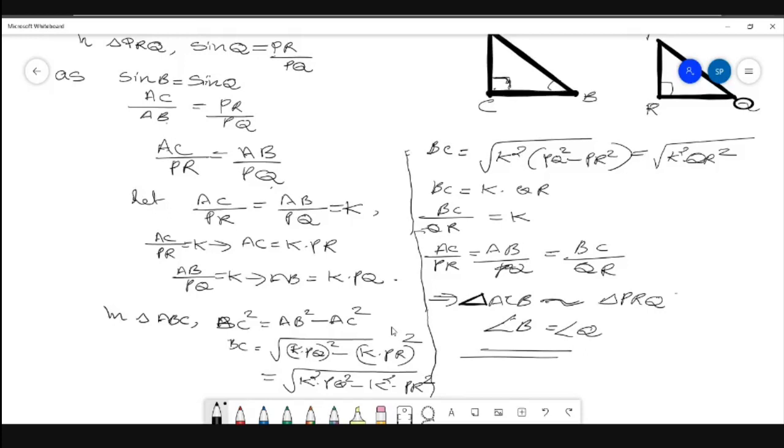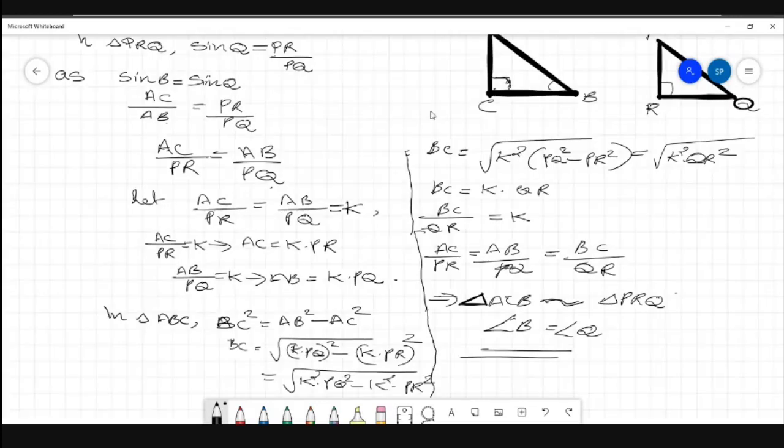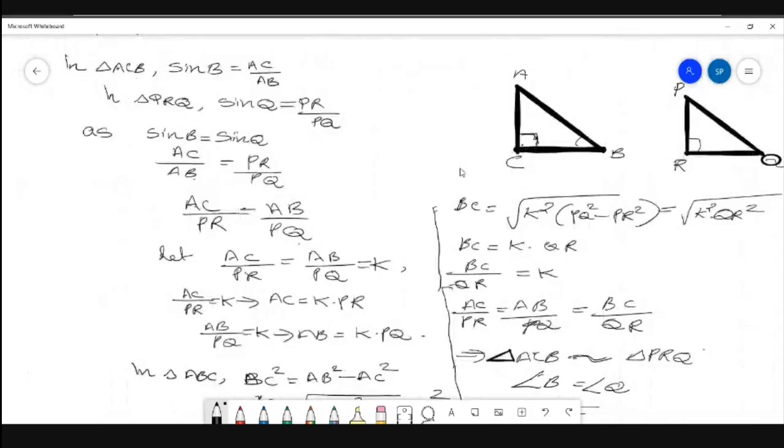Okay, we proved it. So once again, if you want, just see here, we have considered two triangles, that is triangle ACB and triangle PQR or PRQ. Now, as angle B equal to angle Q, we get AC by AB equal to PR by QR. Now, if you rearrange, we will get AC by PR equal to AB by PQ. Why should we arrange like this? Because to get their corresponding sides. So AC corresponding side is PR. AB corresponding side is PQ.